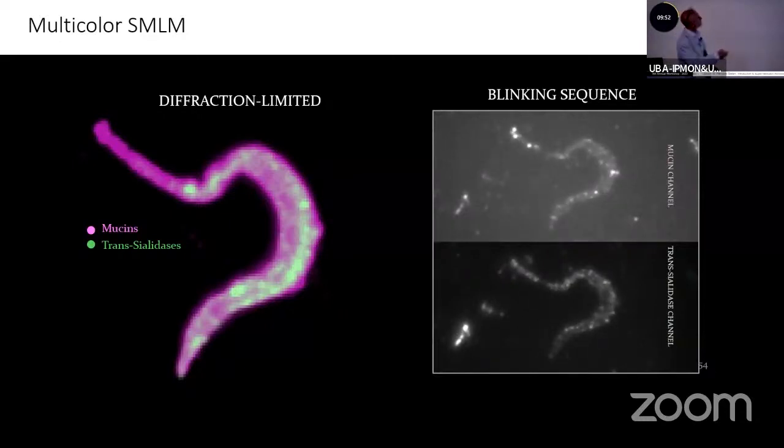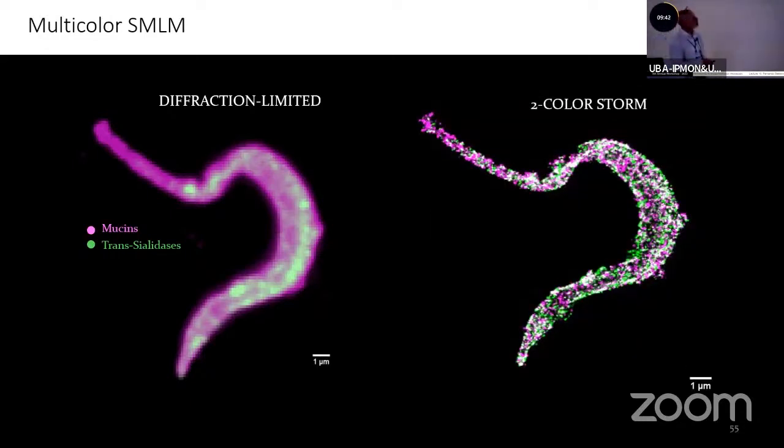On a diffraction-limited fluorescence microscope, it looks like that. There's no way to tell much of what's going on. Now you let them blink in 2 colors, and you reconstruct the positions of the proteins, and you get this kind of image. And you see again, these proteins are organized in clusters, and now you can start measuring cluster sizes, distances between them, compare them to random distributions of proteins,